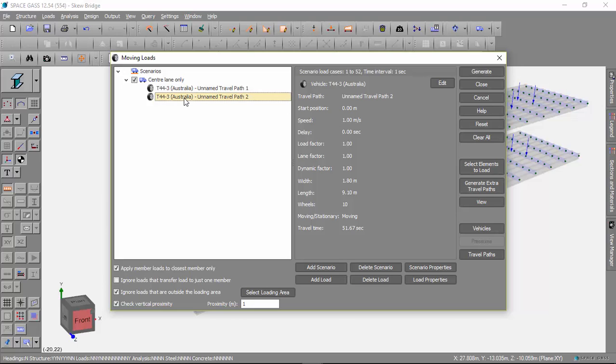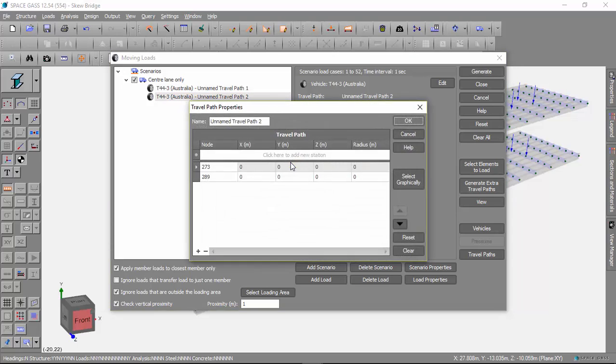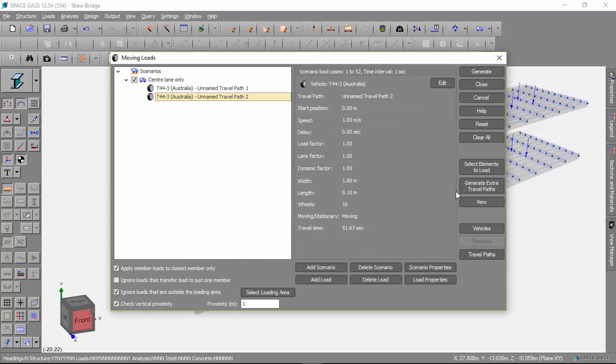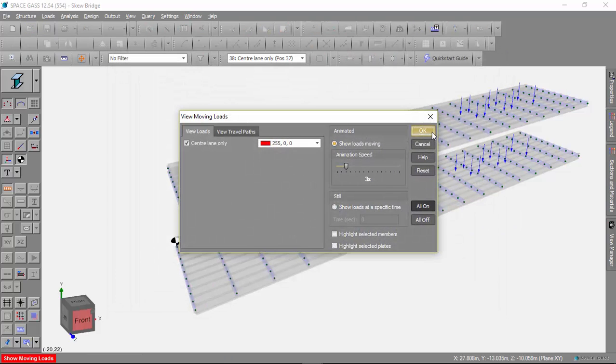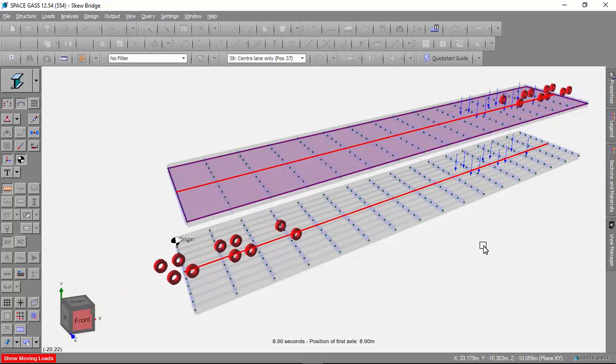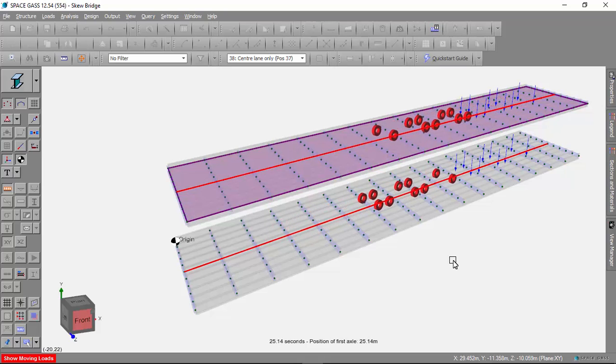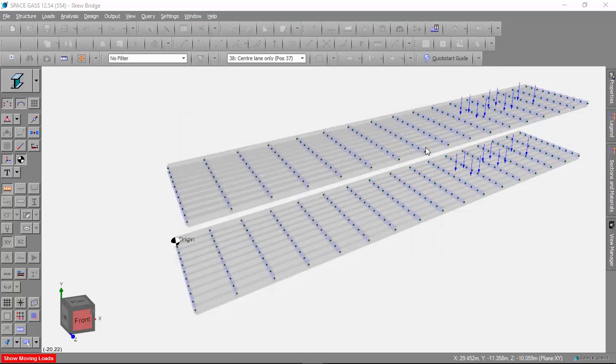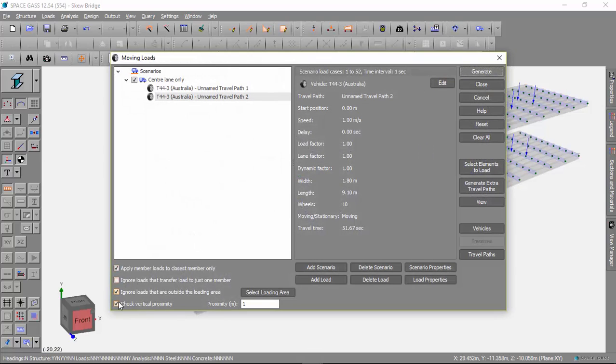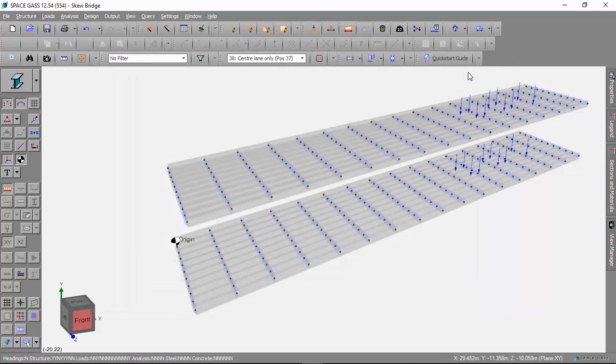And just so that I can demonstrate this properly, I'm going to reverse the direction of the second travel path. So I'll change the node numbers to the reverse direction. Apologies if this is getting too complicated, but you'll be able to see what I'm doing in a minute. So now we've got them going in reverse directions, just so that you can see that the loads on each level are completely different. Now if we generate the loads with this option turned off, then because the two sets of loads are vertically above each other, they'll be shared on the two different levels. So if I generate the loads,